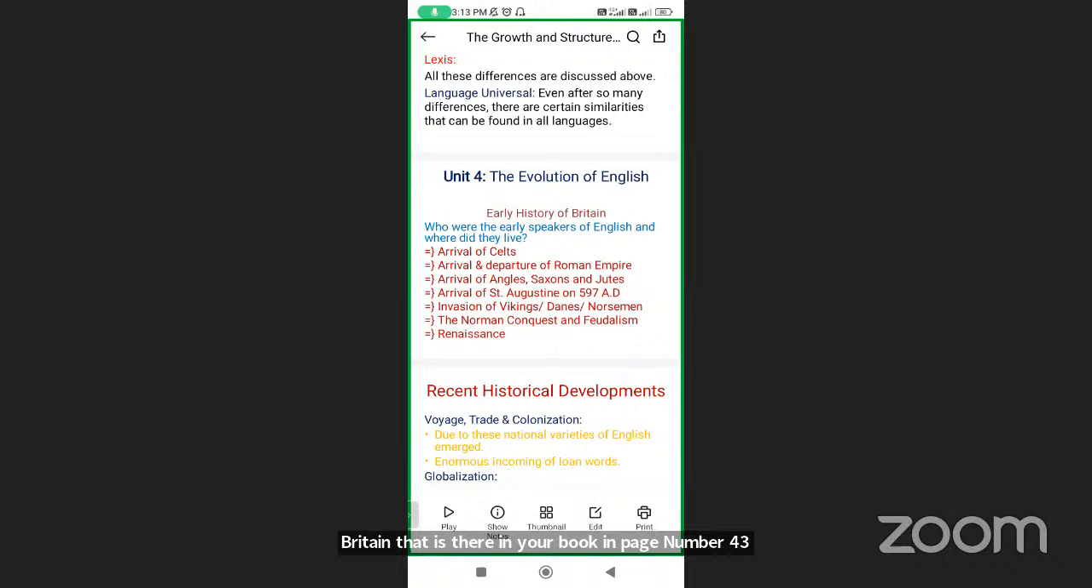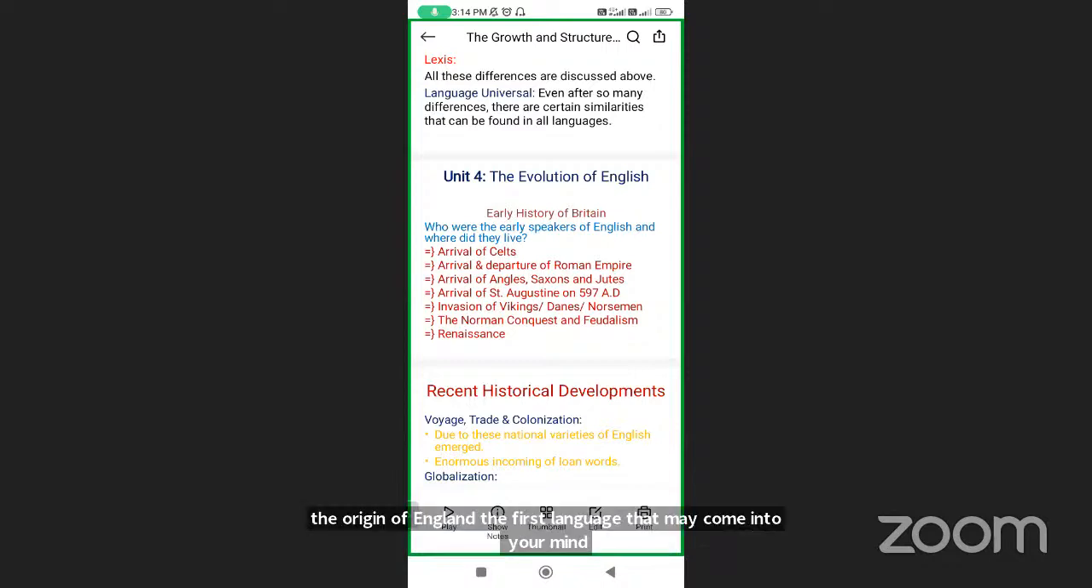Now the first question that may pop up in your mind when we are talking about the origination of the English language, or the origin of England, is: who were the early speakers of English and where